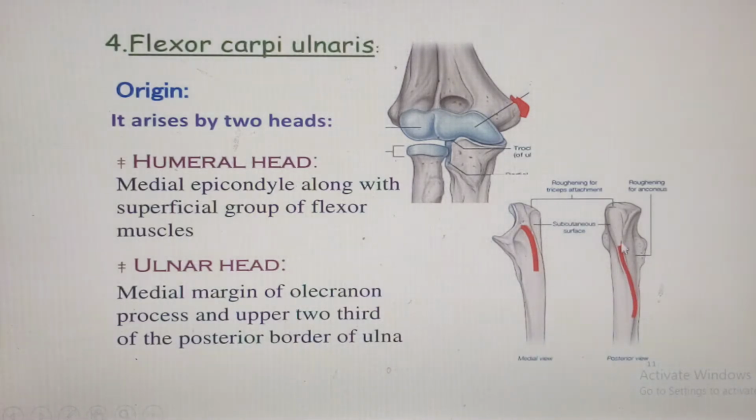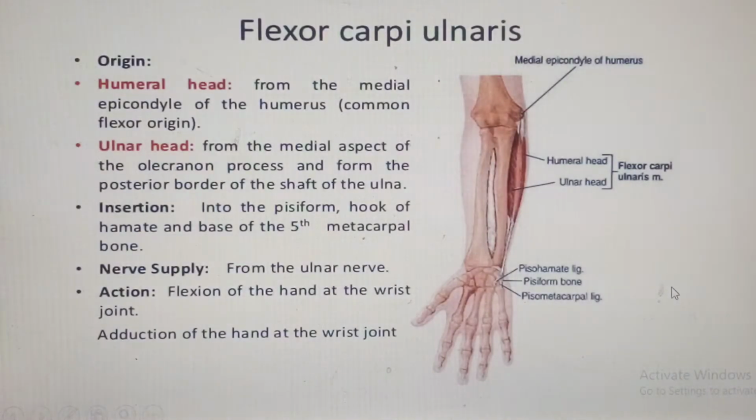So, yes, that's the medial margin of the olecranon. Then that's the upper two thirds of the posterior border of the ulna. So this represents the origins of these heads of the flexor carpi ulnaris. So there we are. As I said, it's going to have two heads,